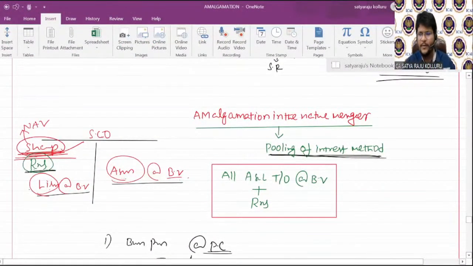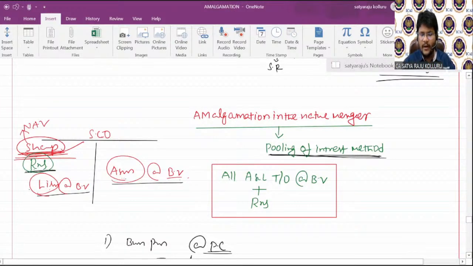We are in the chapter Amalgamation. We have almost completed 3 lectures. I think this is the last lecture for the chapter Amalgamation, probably, because we have a total of 9 lectures for the entire 3 chapters. We already dedicated 3 lectures, and this is the 4th lecture. Hopefully we will try to complete the Amalgamation chapter in this lecture.